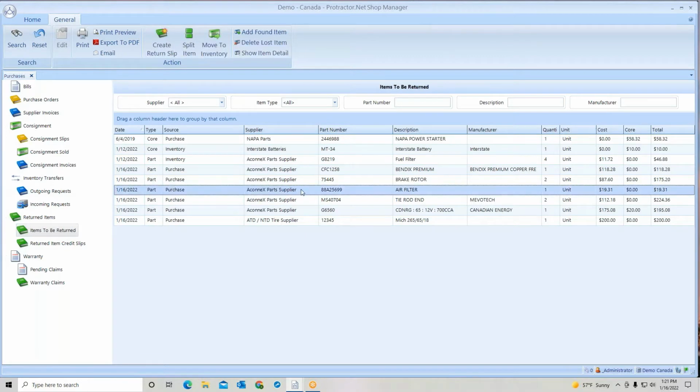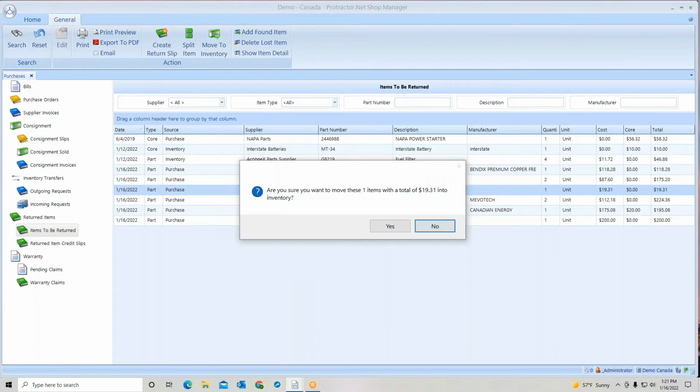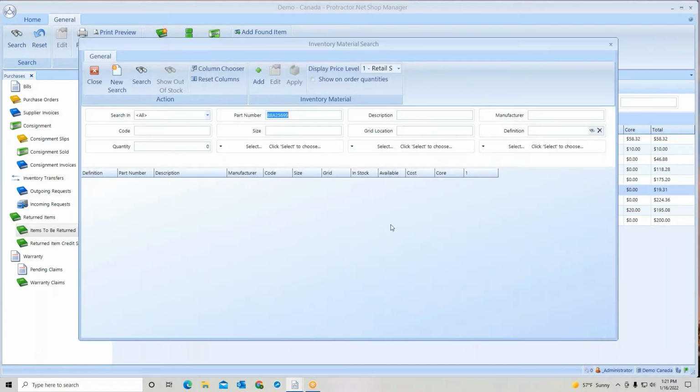Here I have an air filter sitting in my returns bin, but I decide I want to keep it and move it to inventory. So I can either click at the top or right click, move to inventory. It'll ask you to confirm. So I do not have that part number in inventory. So I'm going to click on add,